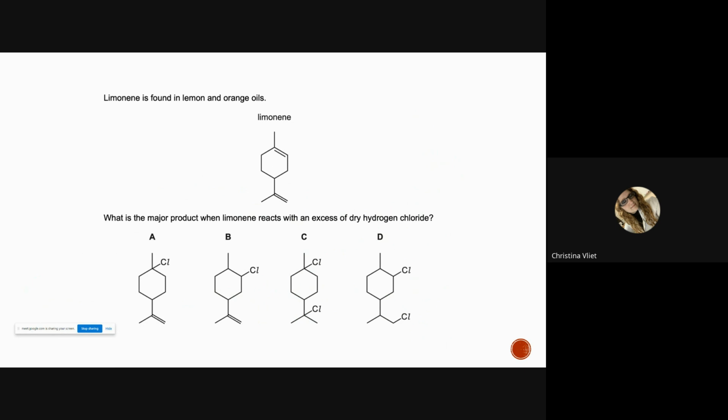And so this asks, they're hitting you with those fun facts again. The molecule limonene is found in lemon and orange oils. So this is responsible, if you ever have like on the skin of an orange where the oil is, if you've ever tasted that, or if you've ever tasted lemon oil, there's some limonene for you. And they ask you, when limonene reacts with an excess, and I want you to underline the word excess, because I had not addressed this with you in an earlier class, so I wanted to make sure